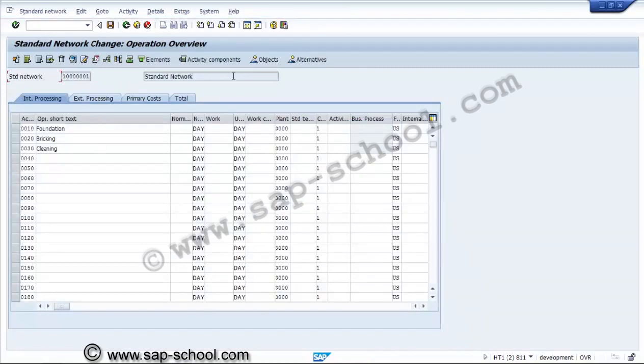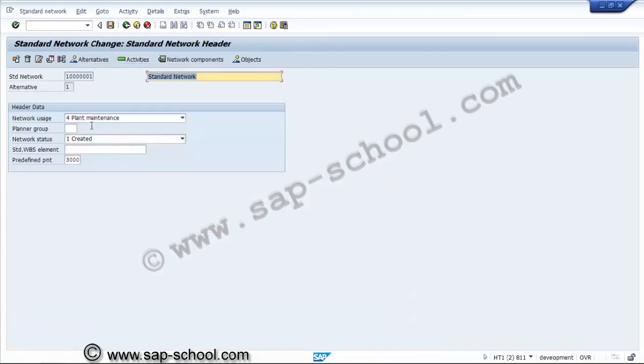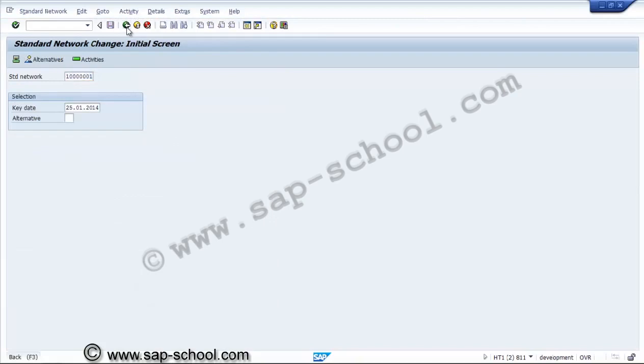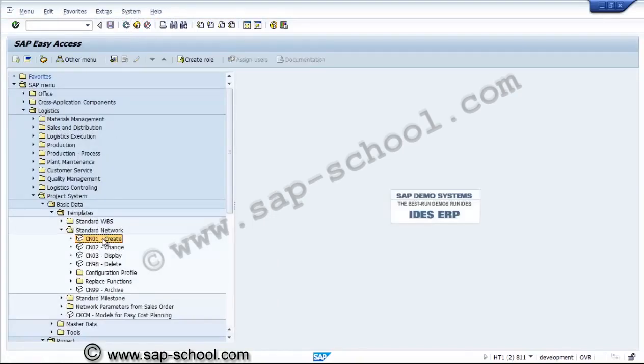We have created the standard network, and this is the header for that network. So this is the way to create the standard network, and we can use the same profile, same template for creating new networks.